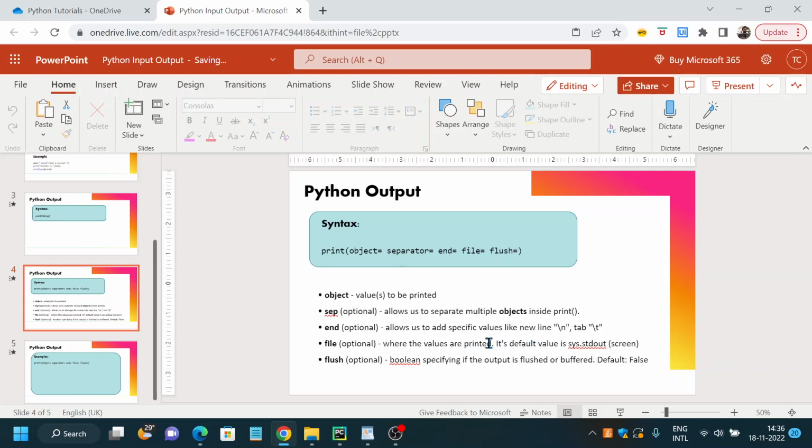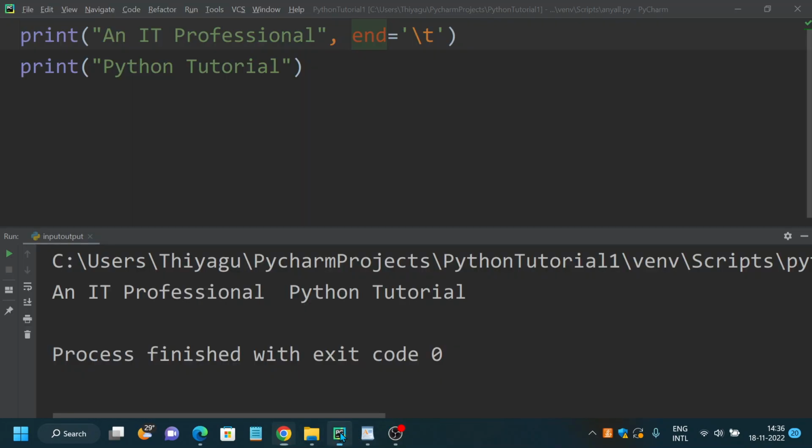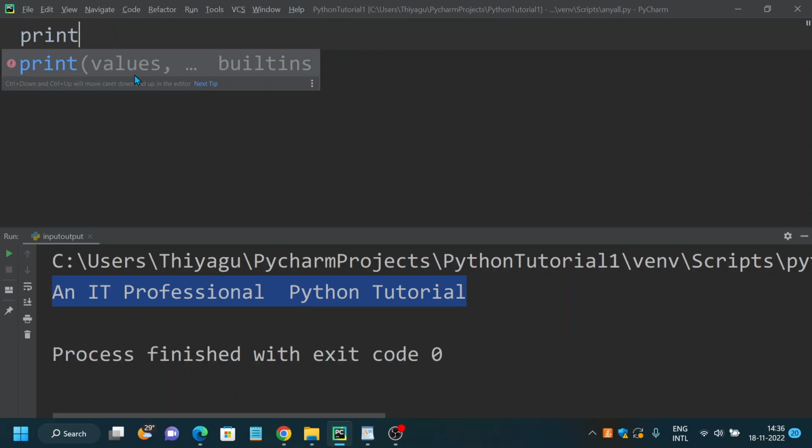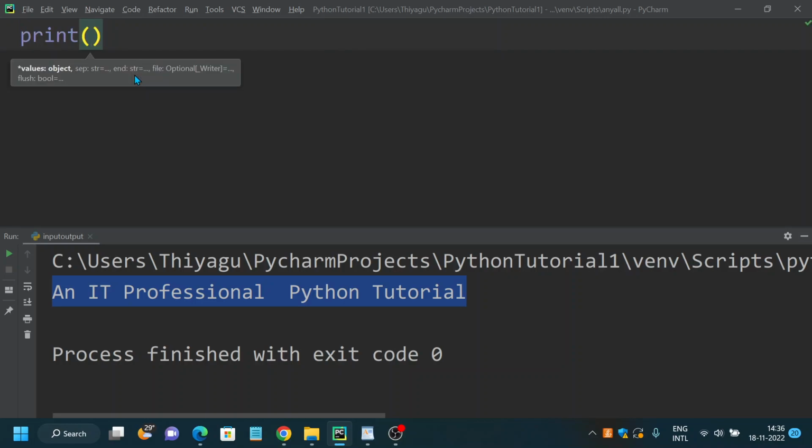I said the default value is sys.stdout, right? So this is basically printed on the screen. What we are seeing here is the actual default value. In case for some reason I want to print an error, and show the user an error, say